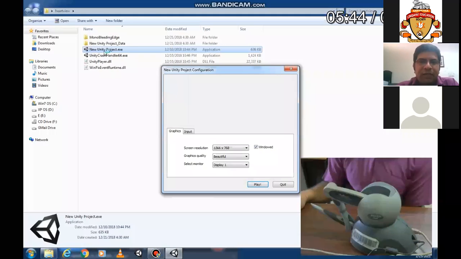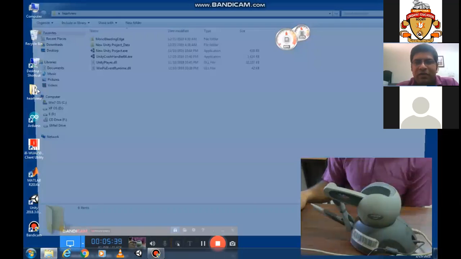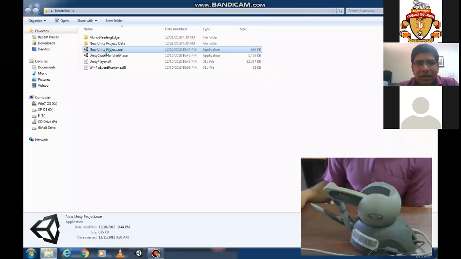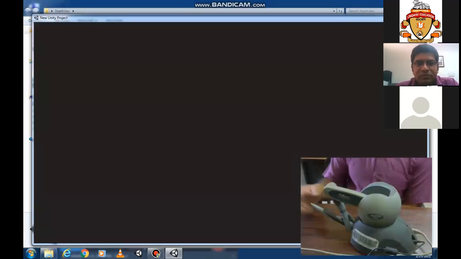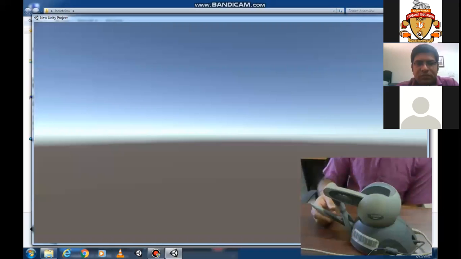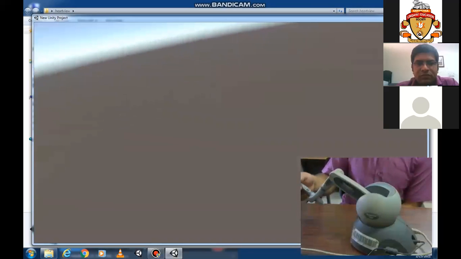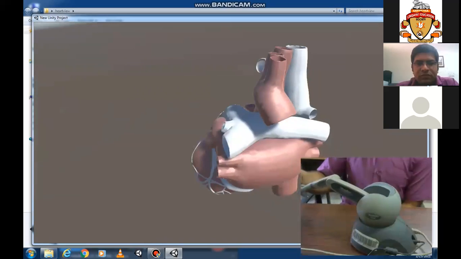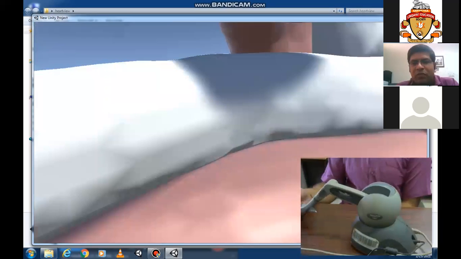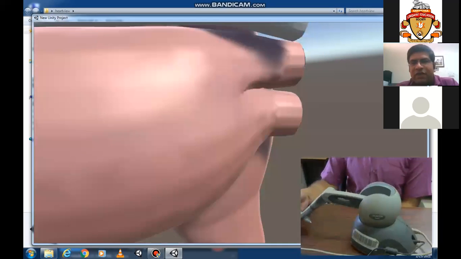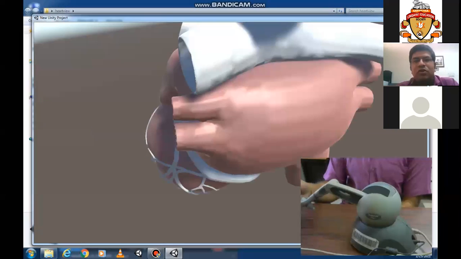And the last thing is I developed one application for endoscopy. If we are visualizing for heart surgery, I can control the environment by using this haptic device. This heart I have basically developed from MRI images by 3D reconstruction. And now I am doing a virtual endoscopy. I'm moving the haptic device, and accordingly the position and orientation of the haptic device is being transferred to the virtual endoscope, and we can visualize the heart.